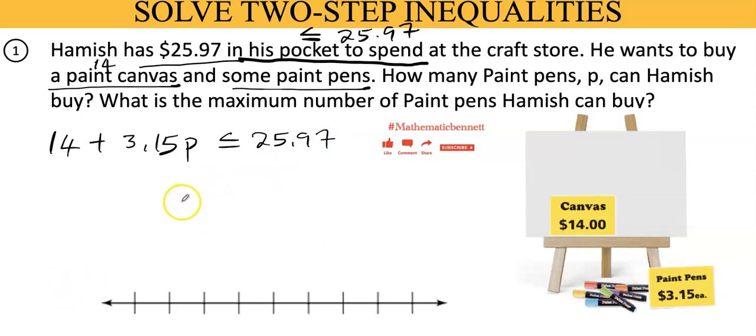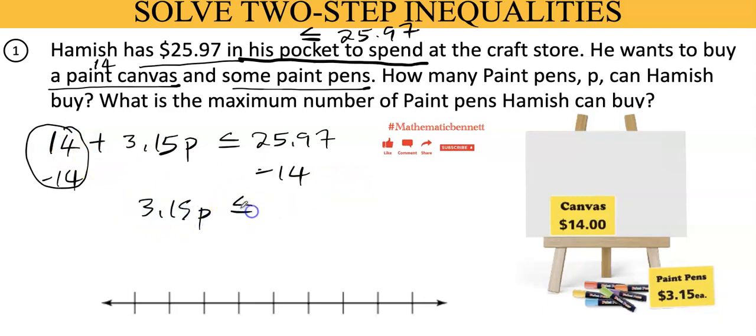From there, we're going to isolate the variable. To solve this inequality, we need to isolate the variable. So we're going to eliminate the constant to start with. So we eliminate 14 from the left side. So we have to do the same on the right side to keep that balance. So we subtract 14 from the left side. We have to do it on the right side. So we see that 3.15p will be less than or equal to